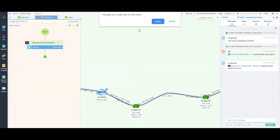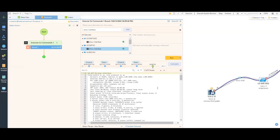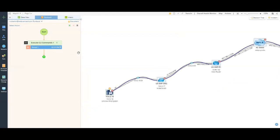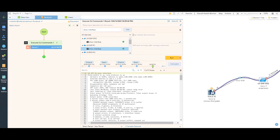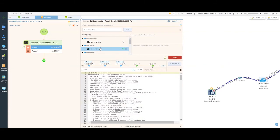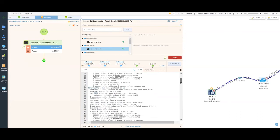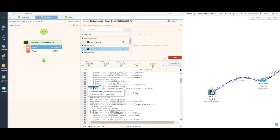All right, great. So let me go back and rerun that parser command. There we go. So actually, first I'm going to rerun the execute CLI command. Run again, and then I'll see if the parser is available. All right, great. So if I go down here, where before I had no parsers available, there's the one I just created, that MTU check. And you can see it highlights